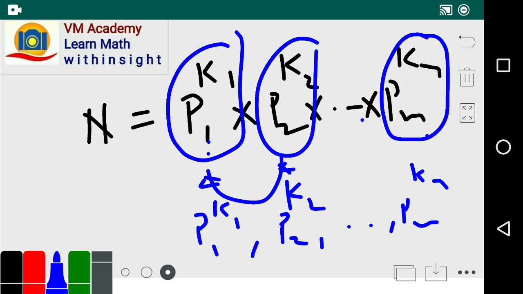They have distinct prime factors and they do not share any prime factor,